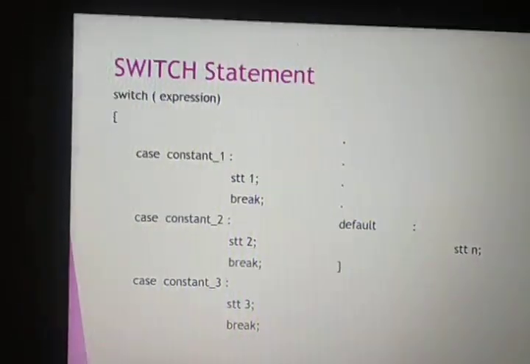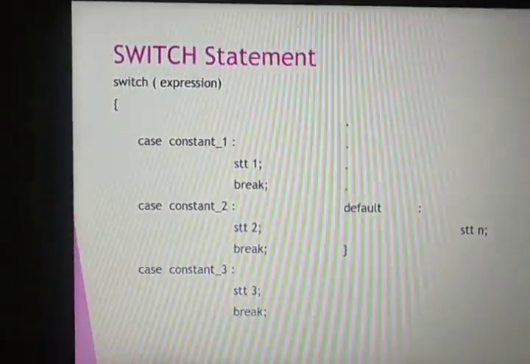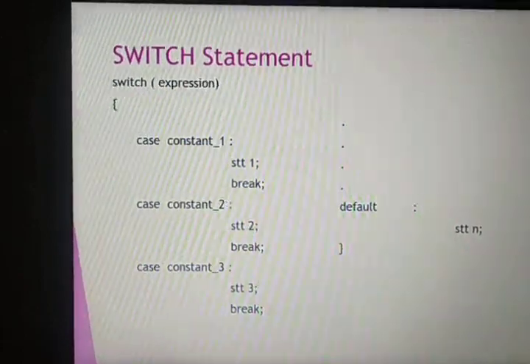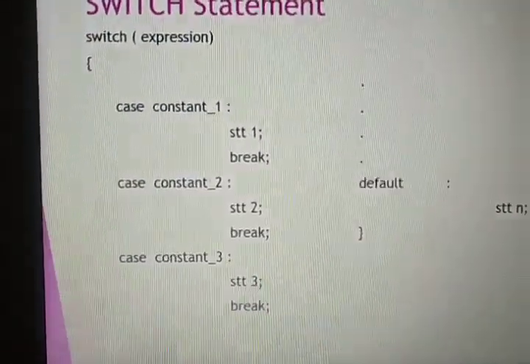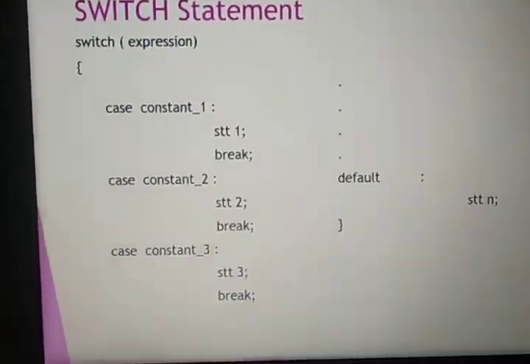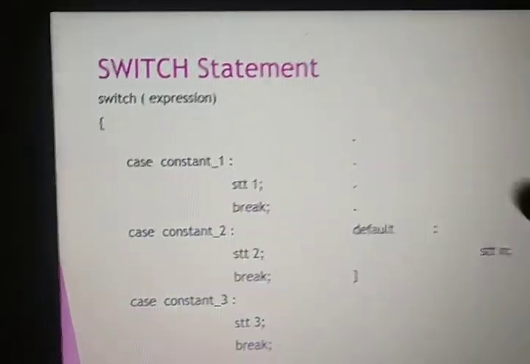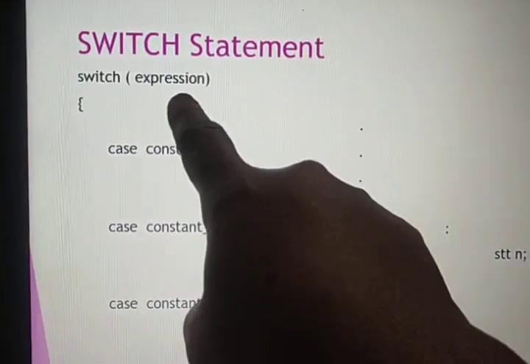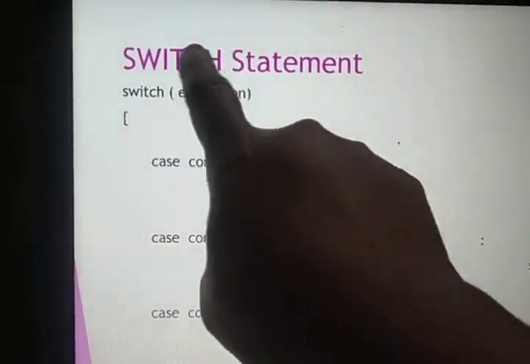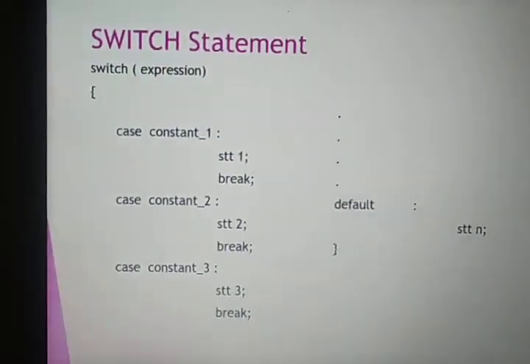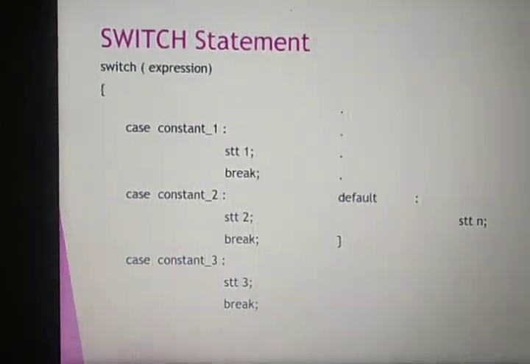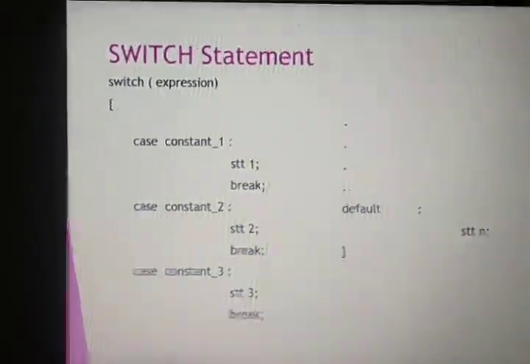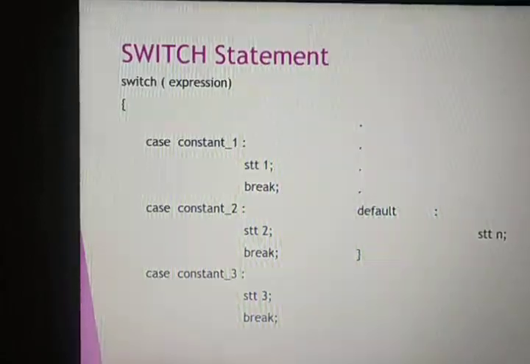And the last topic is switch statement. Switch statement is the main example for selection statement where we have multiple branches. Can you see that? Here is the syntax of switch statement. Switch expression. For the expression, we will give the variable that is to be checked. For example, if n equal to 1.